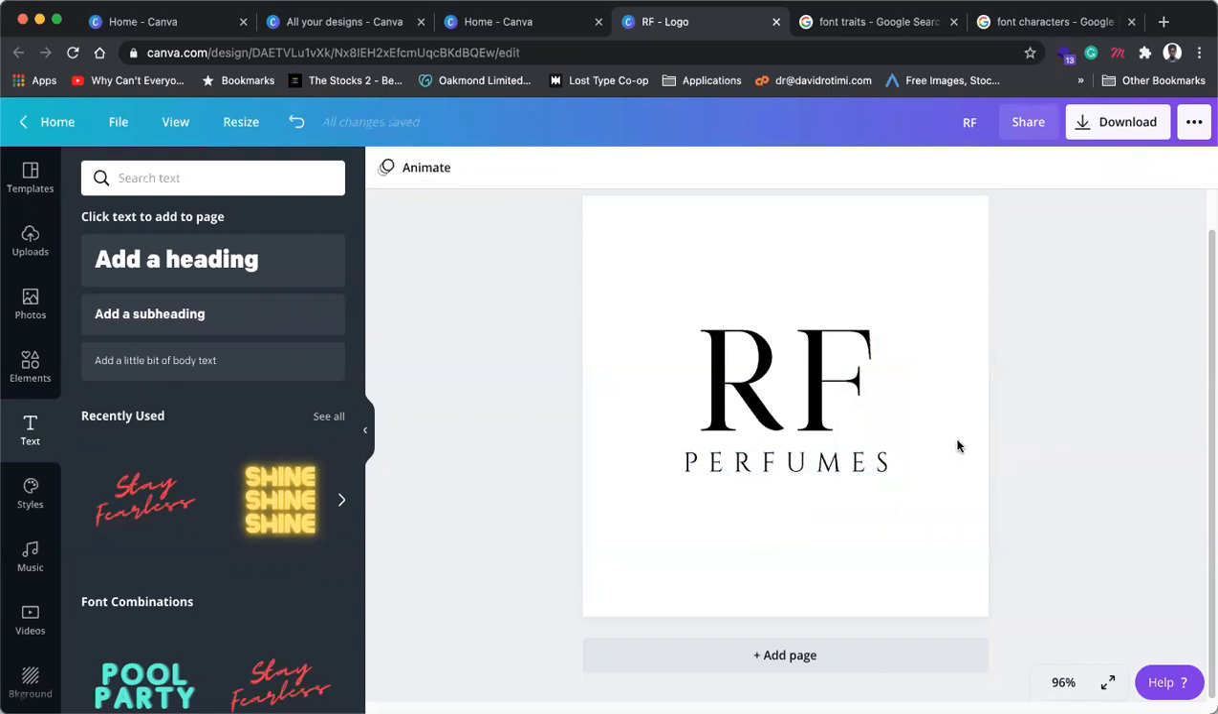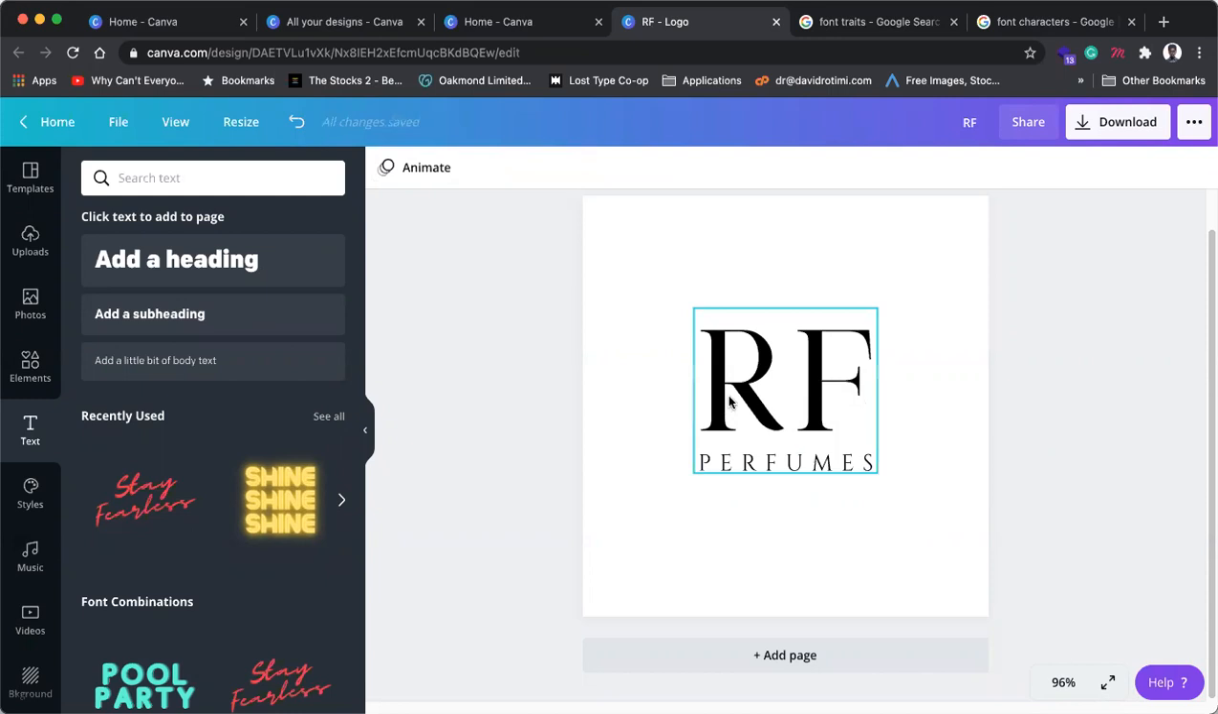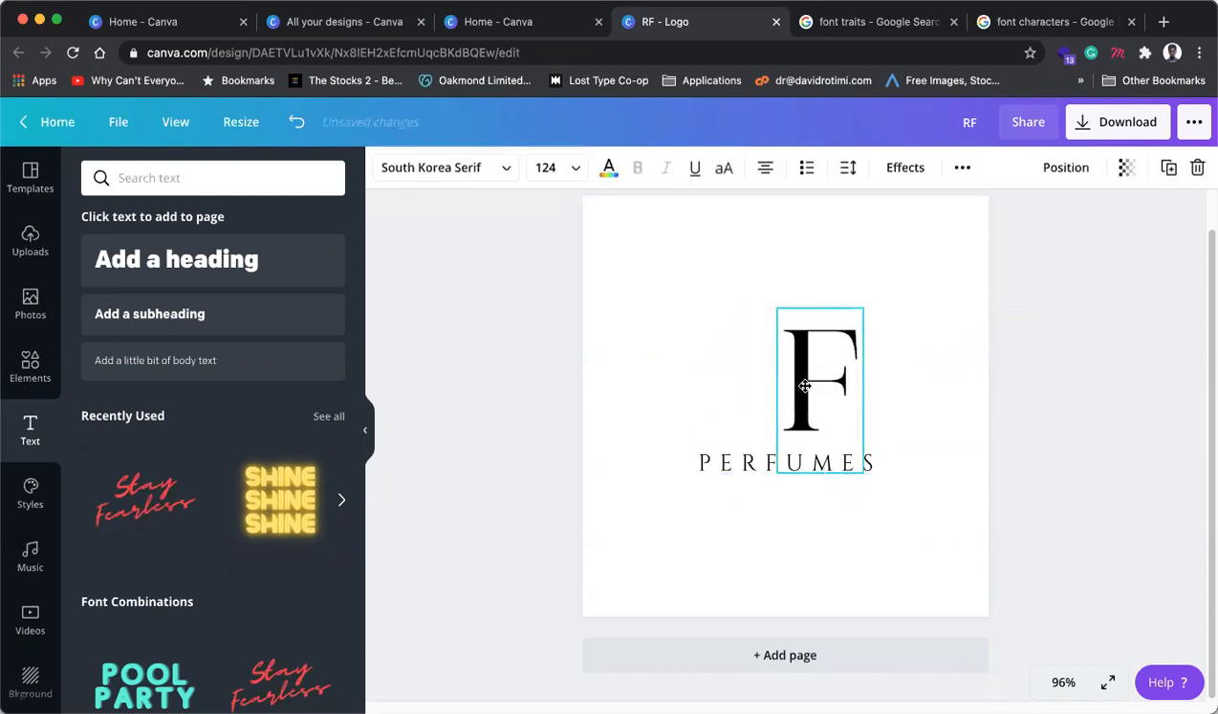All right. So now there are many ways. We can do it such that RF and perfumes are justified, in the sense that perfumes is flush directly with RF on both edges. And this can actually work as our logo. Another thing you can also do to make it a little more interesting is make your R,